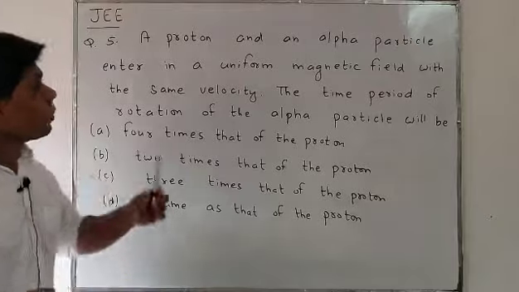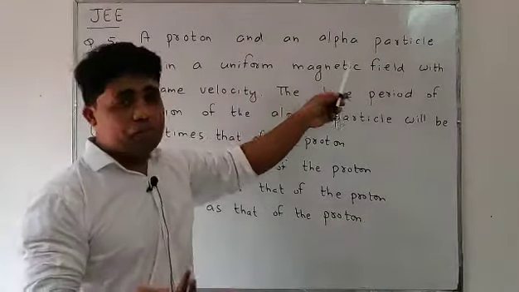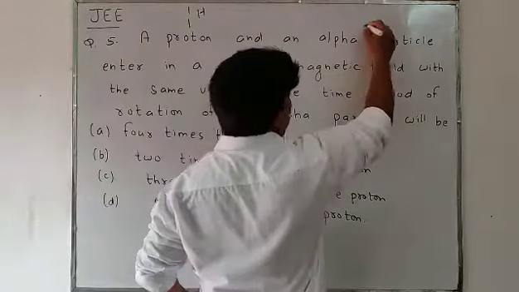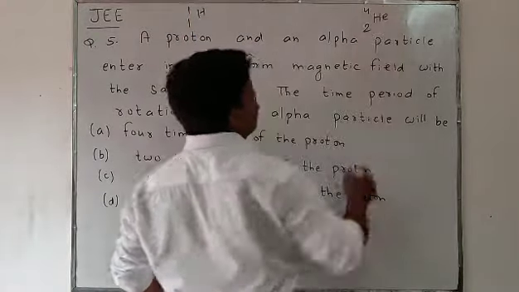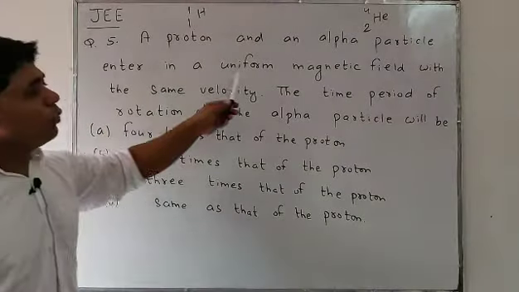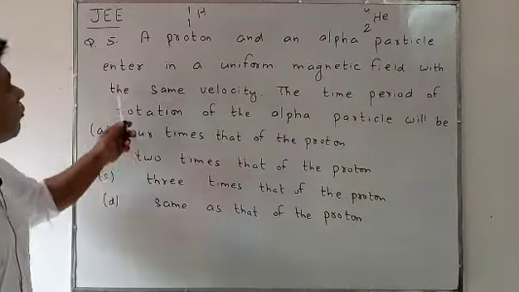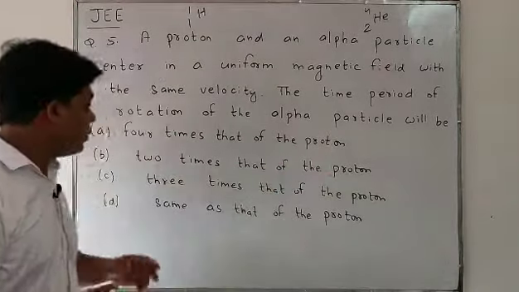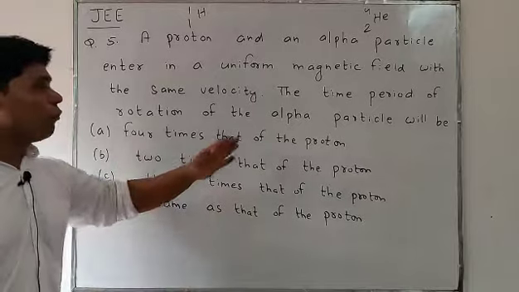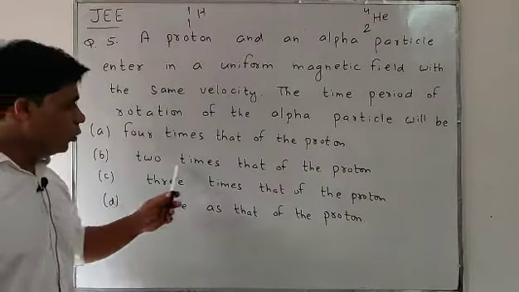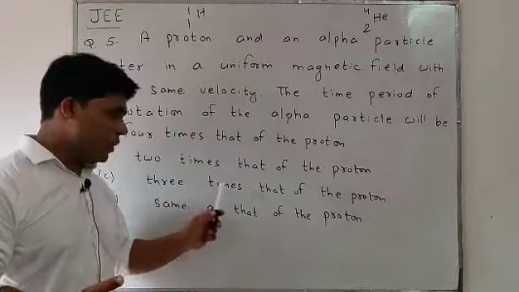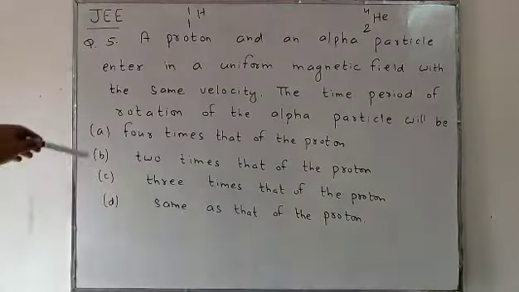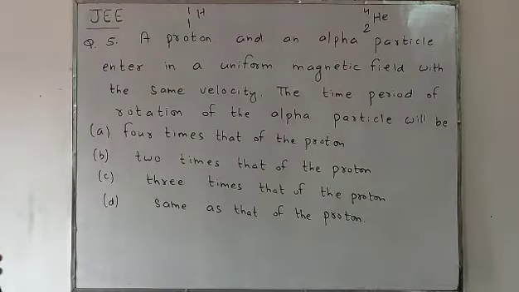now see students, question number 5. A proton and an alpha particle. Actually 1H1 is the symbol of proton, hydrogen is called proton, and 2H4, helium, is called alpha particle. They enter a uniform magnetic field with the same velocity. The time period of rotation of the alpha particle will be, we are given four options: 4 times that of proton, 2 times that of proton, 3 times that of the proton, and same as that of the proton. So you can take a screenshot of this question. Now I'm going to remove